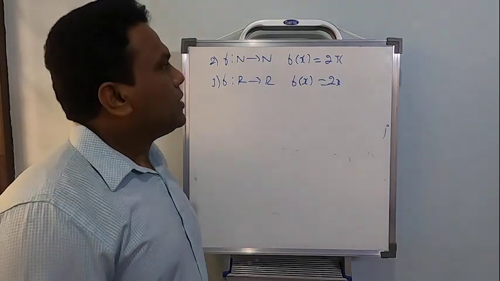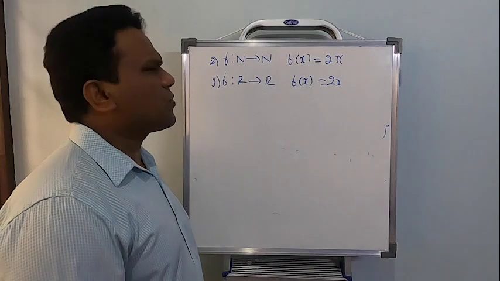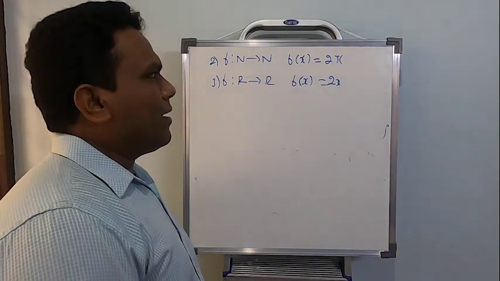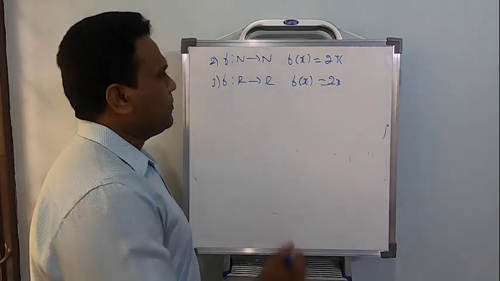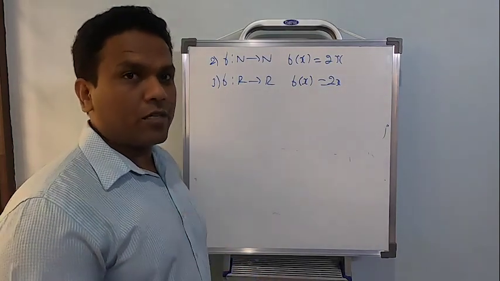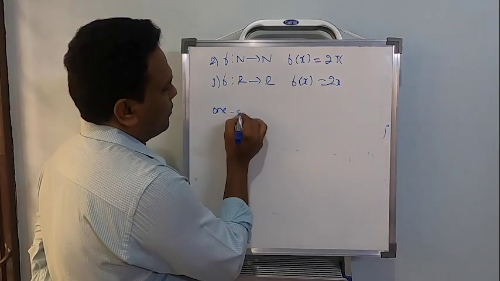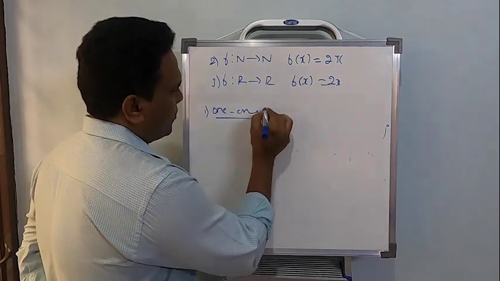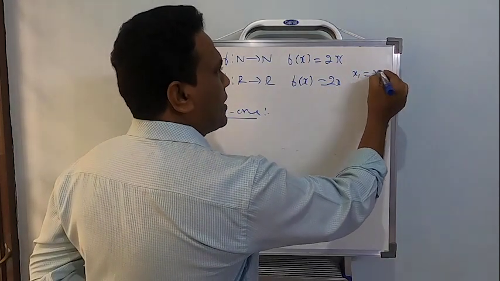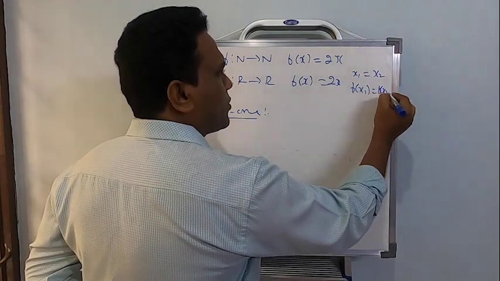Is that clear? So let me tell you the second method. Natural numbers was quite easy, we did it by giving examples. Now I want to do this by using the general way of writing, the conditions. I am going to use the conditions based on 1-1 and onto. So let me check for 1-1. If you remember, students, for discussing 1-1, I wrote this: if x1 equal to x2, then f of x1 equal to f of x2.